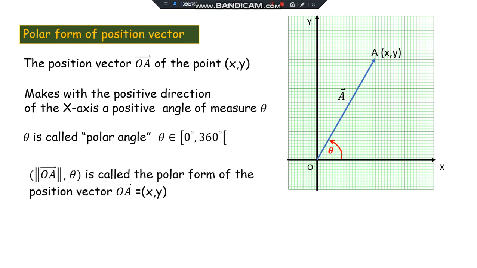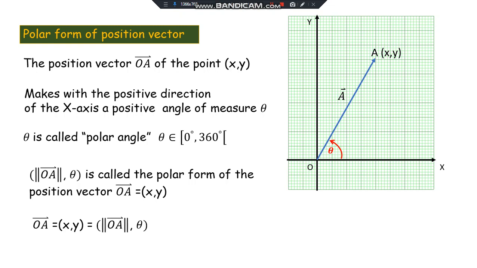So now we'll use a new form called polar form, and it consists of the norm of the position vector OA and the angle theta, which you make with the positive direction of x-axis. And this form is called the polar form of the position vector OA, which is equal to the Cartesian ordered pair x and y. So OA, the position vector, can be written as the ordered pair x and y, or we